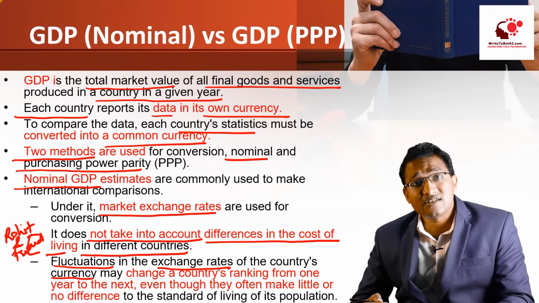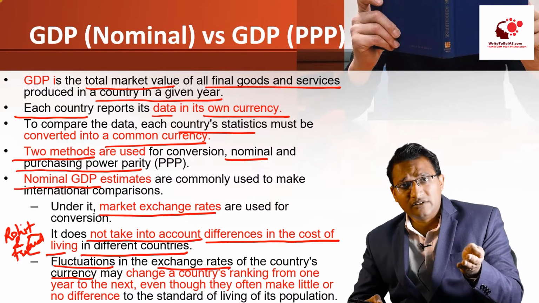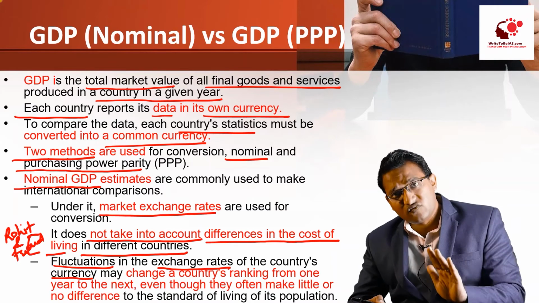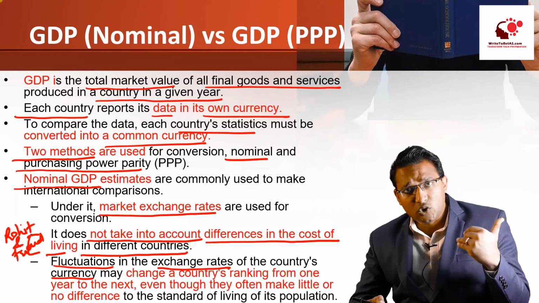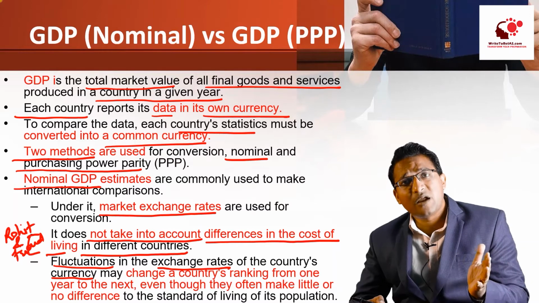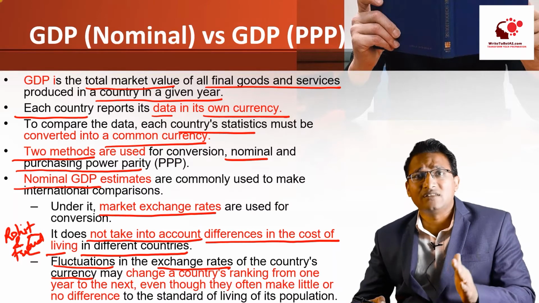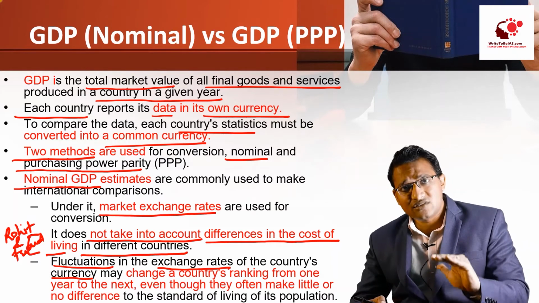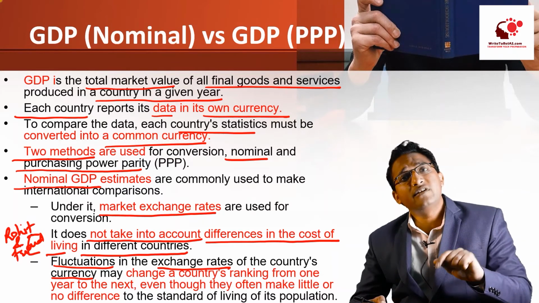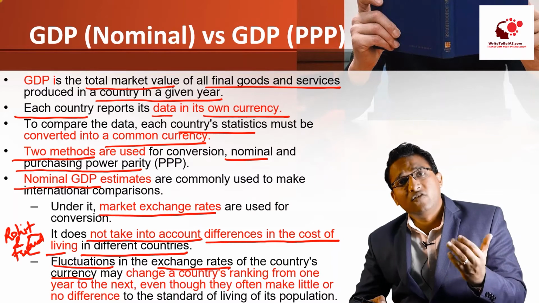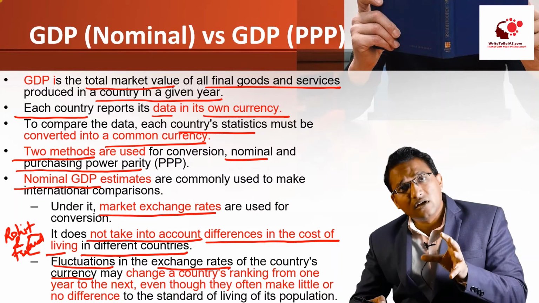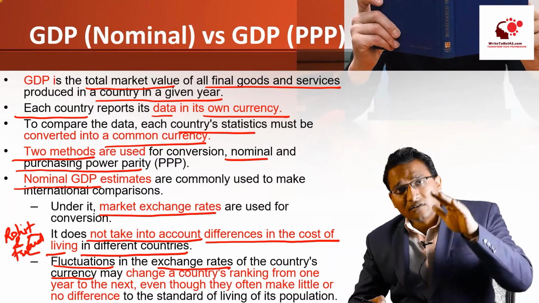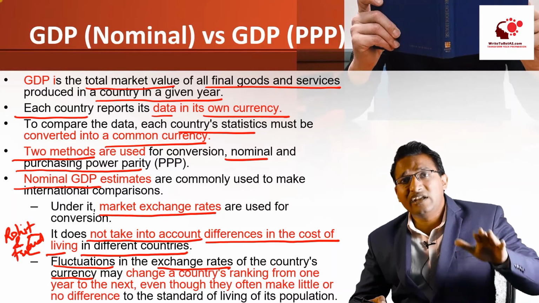So the exchange rates keep fluctuating. They keep fluctuating because of different global factors. Sometimes it is the Middle East war, sometimes it is the downfall of the USA, sometimes it is the trade war going on between the US and China. So there are different reasons because of which the fluctuation in the exchange rate happens. And based upon those fluctuation rates, we conclude the value of a particular economy, and based upon that the ranking of the different countries keeps changing.